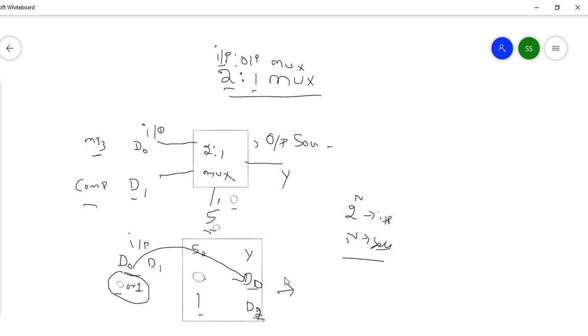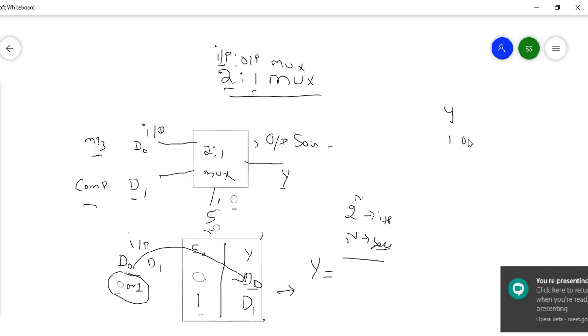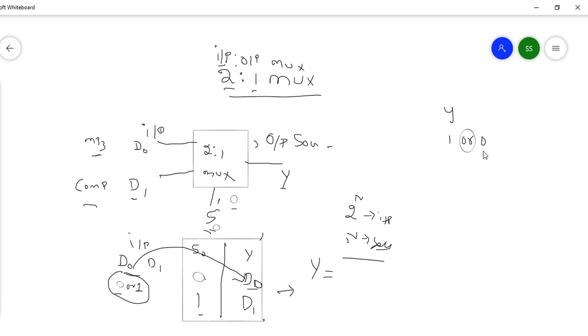What is the equation of Y now? We only have one output, Y. What is the equation of Y in this particular truth table? Previously, how was our output? Y is 1 or 0. If it is 1 only we take it, and we don't take 0. The meaning is, if the row is 0 1 and the output is 1, then we take A bar B multiplied with 1, so it becomes A bar B only. And if it is multiplied with 0, everything becomes 0, so we are not taking 0 values.